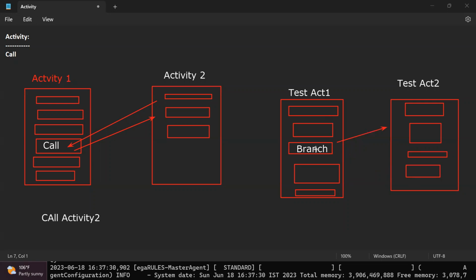branch. So branch means it will refer to the activity the same as it does for the call method. And after the execution of the child activity, the control will not come back to the parent. It will end here itself. And the rest of the steps in the parent activity won't be executed